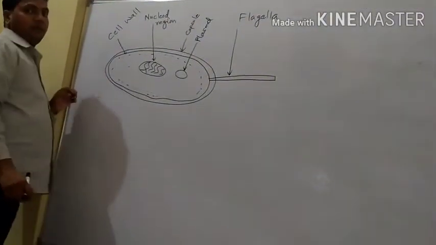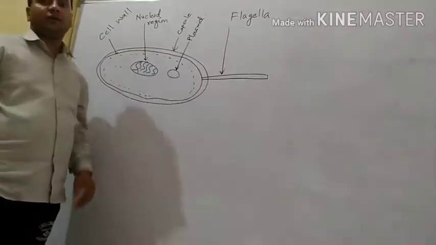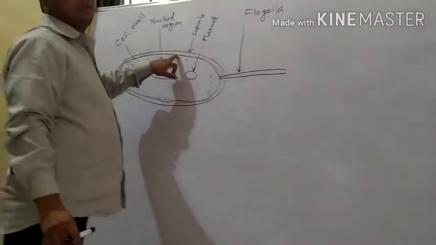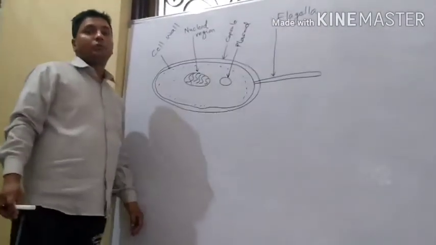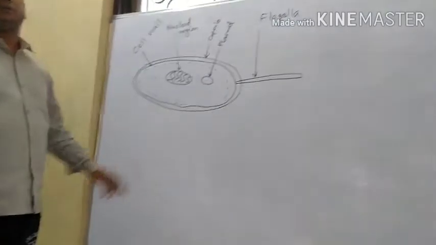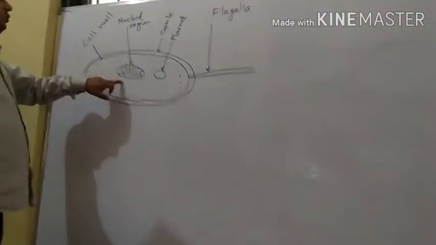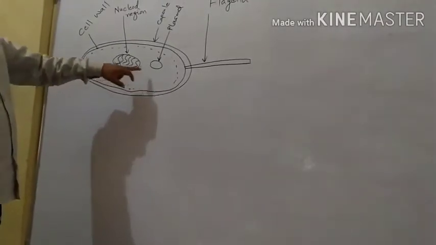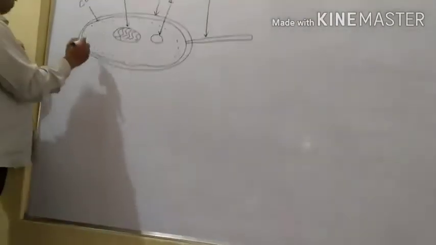What we were discussing about the prokaryotic cell: I told you that on the outer side the capsule is present, then after that the cell wall is present. Now, it is a bacteria cell or prokaryotic cell, so the composition of the cell wall is different from that of a plant cell. Here the cell wall is present, then the nucleoid region is there, in which DNA is present. Plasmid circular DNA is also present, and the fluid which is filled